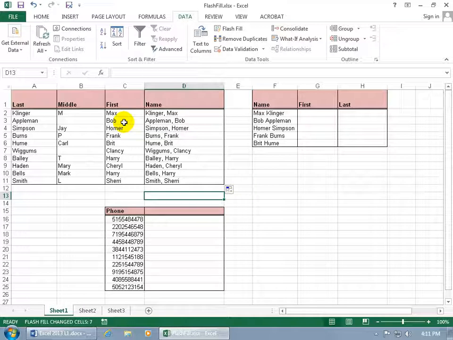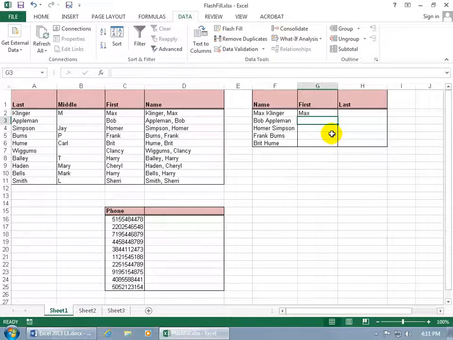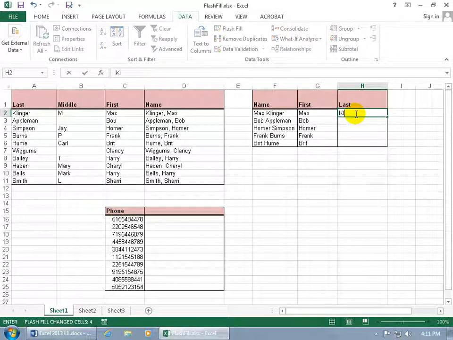So it's looking to the left-hand side to the adjacent columns looking for patterns, and how I combined all that into this pattern, I can by the same token extract it. So if I just want the first name, let's type in Max. Let's get a pattern, type in the next one. Oh, there we go. The rest will be Homer, Frank, and Britt. Hit enter, fabulous, and then of course last name, Klinger,